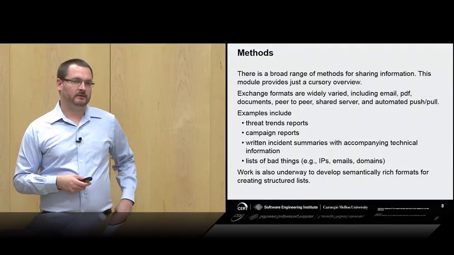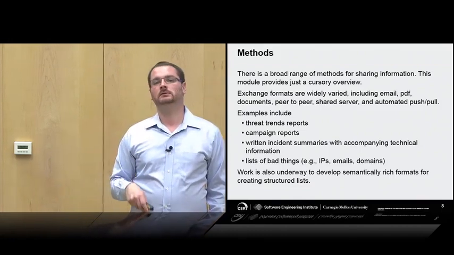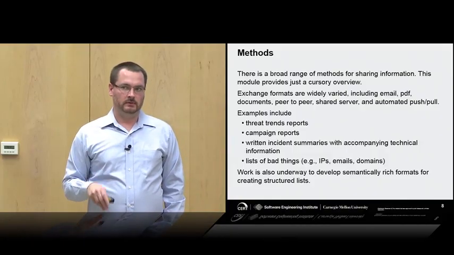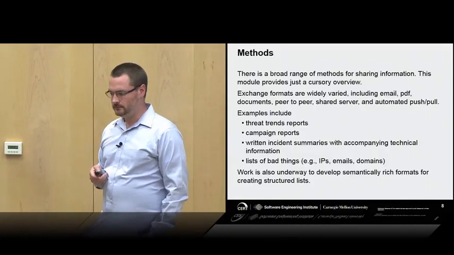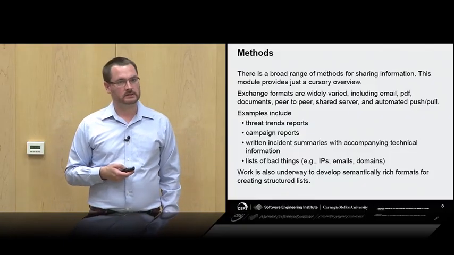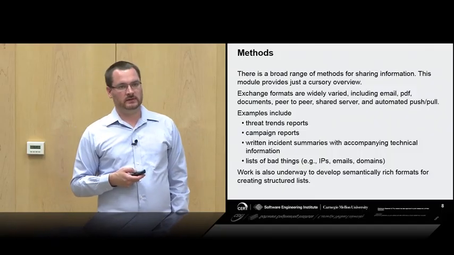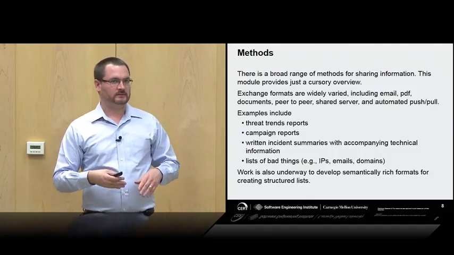So if you have a particular IP address, you may just find a list of IPs that are known to serve malicious files. There's also a lot of work underway, and we'll talk about this a little later, to develop semantically rich formats for these lists so that you don't just get a list of IP addresses, but